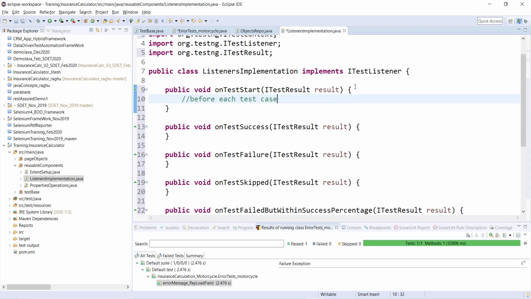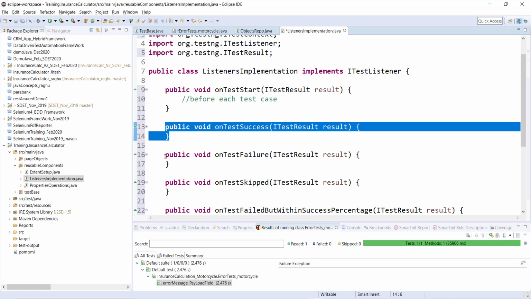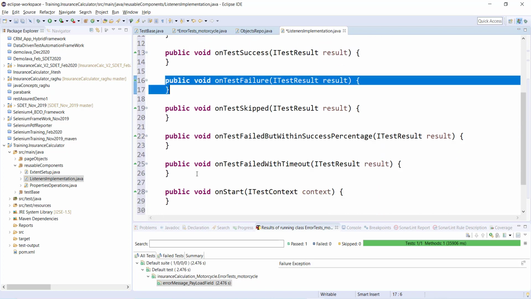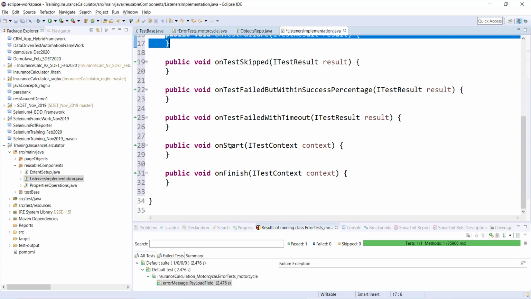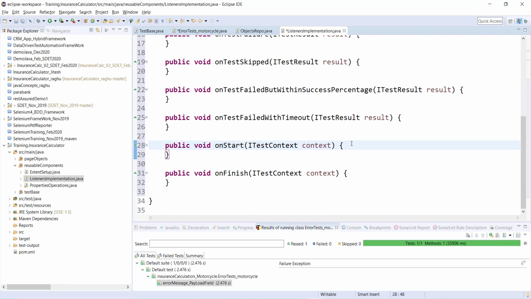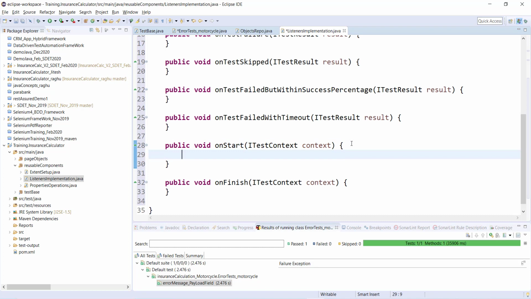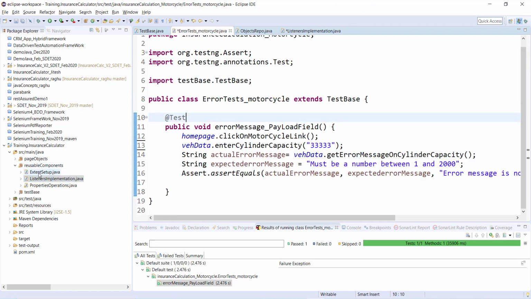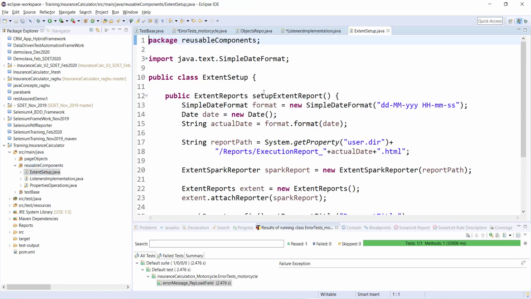If the test case execution is a success, the success method will get called. If the test case fails, the failure method will get called. So we are interested in the on start method. Before the first test case execution itself starts, here we should be doing the setup method call. We have that method under extent setup, so this particular method I am going to call: setup extent reports.